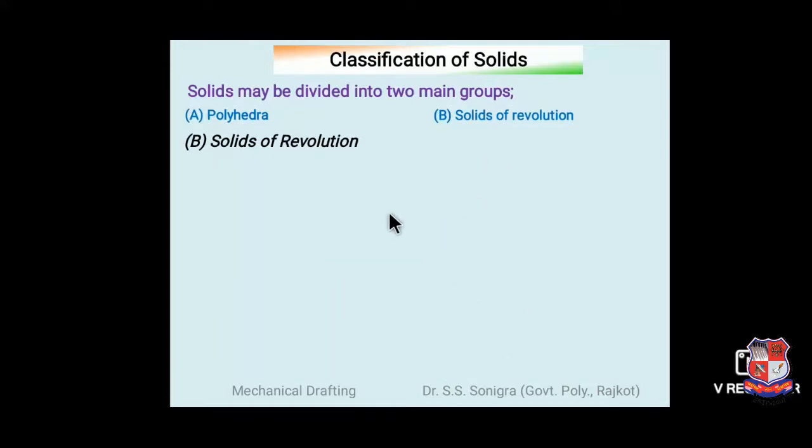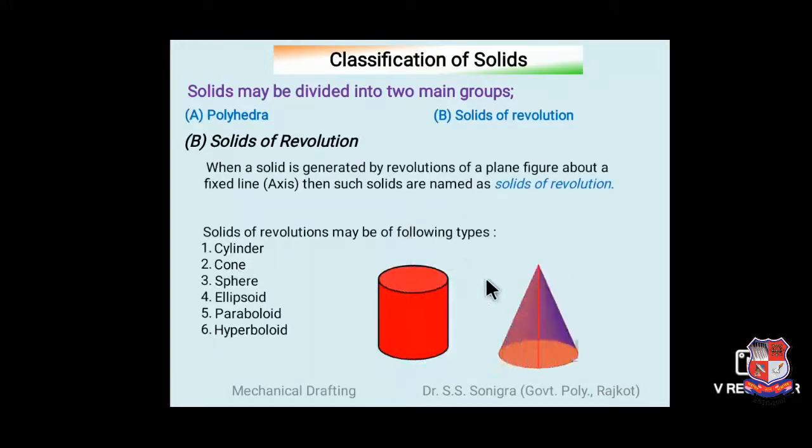Second group, that is solids of revolution. When a solid is generated by revolution of a plane figure about a fixed line, that is called the axis, then such solids are named solids of revolution. For example, cylinder, cone, sphere, ellipsoid, paraboloid and hyperboloid. In our syllabus, we have to study only the cylinder and cone. So cylinder,